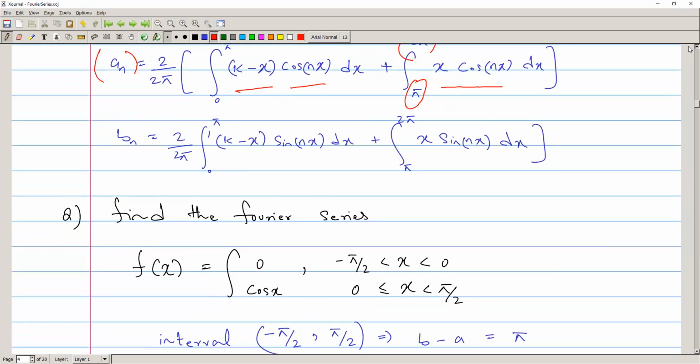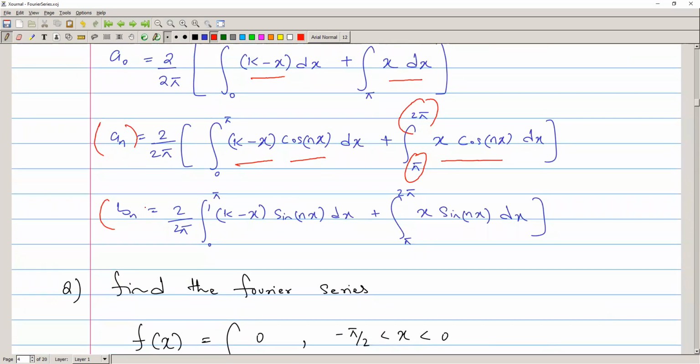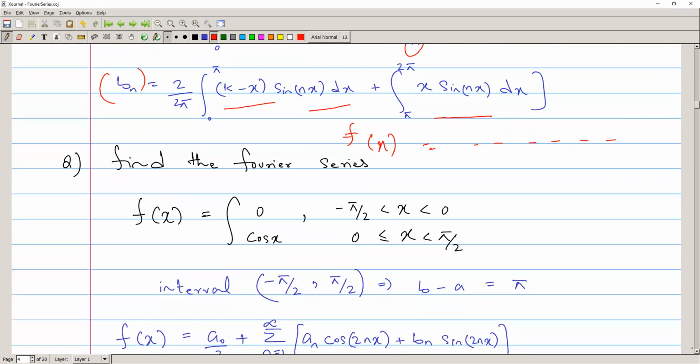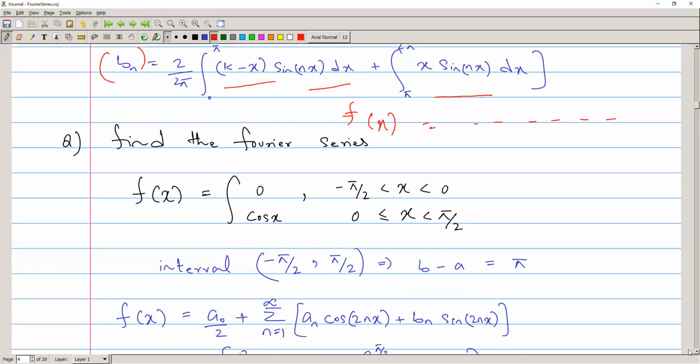So you can see that it's not a very tough phenomenon. It's simple, and you just have to be familiar with integration. You should have a good command of integration, right? And then you can write the final answer f of x in terms of the series, a naught, an and bn, with the sine and cosine terms, right? Again, it's